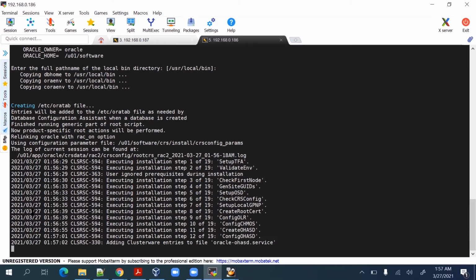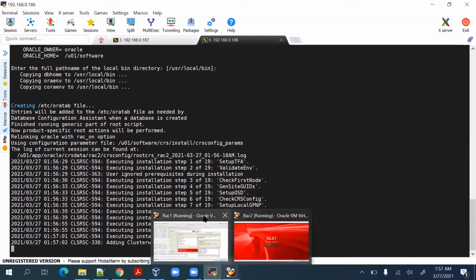So most of the steps are very fast except for steps 17 and 18. Those steps take a little bit of time because of the ASM instance creation and some of the service startup processes that go through those steps. Okay, so till now a total of 12 steps are already completed. Let this process finish, then we'll move further. Okay,